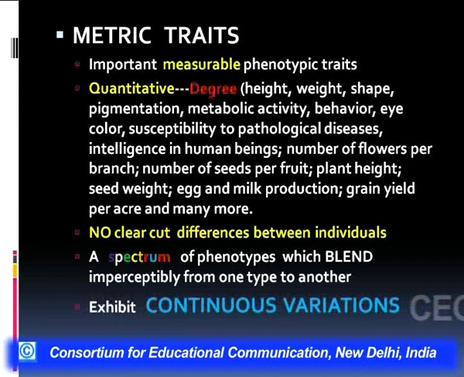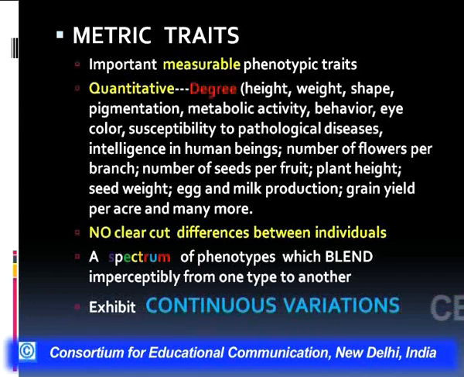Number of flowers per branch, for example, number of seeds per fruit, the height of plants. We just observed the experiments of Johansson in seed weight. Even in poultry, we find number of eggs given by the hen, and also variable milk production. And the factor which is so dear and paramount to a farmer, that is the grain yield per acre. That means, why do we have different varieties which can have more grain yield? So, that means